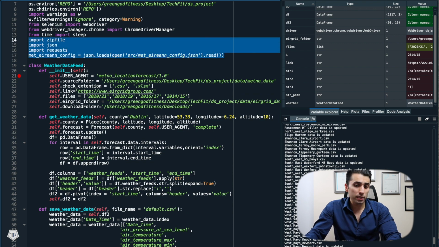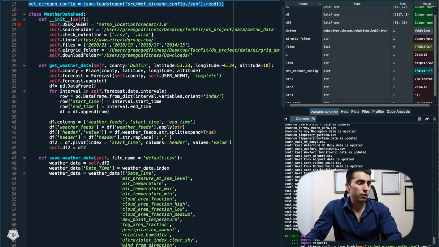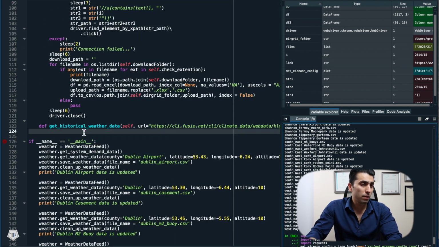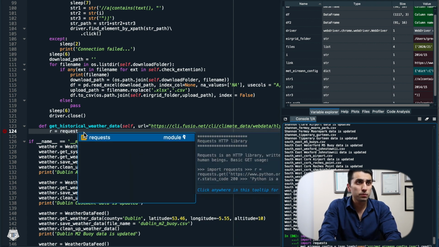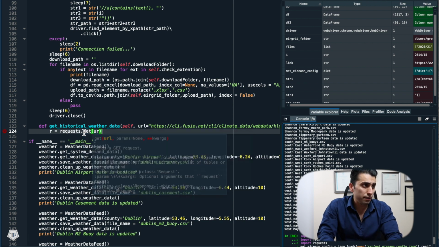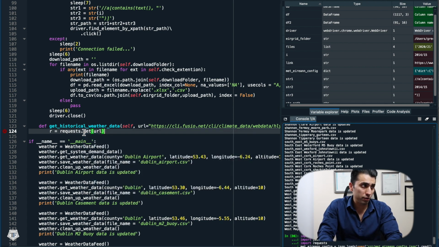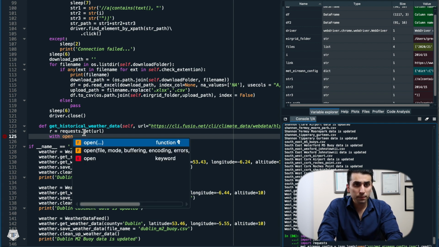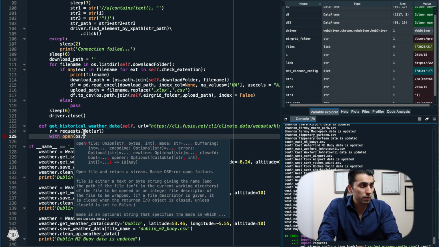So I'm going to run these as well, just to make sure we haven't made any errors. Okay, so that's done now. I'm going to go back to the code itself. So what I'm going to do first is r is equal to my request module .get, and within that get, I'm going to pass the URL, which is the actual variable we have created on the function call. Then what I'm going to do next is open that. So with open